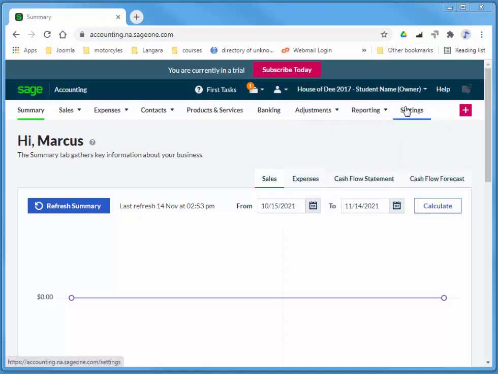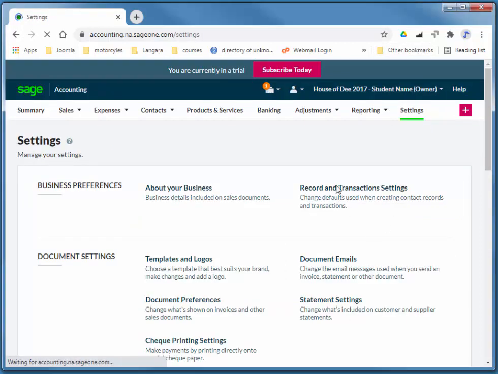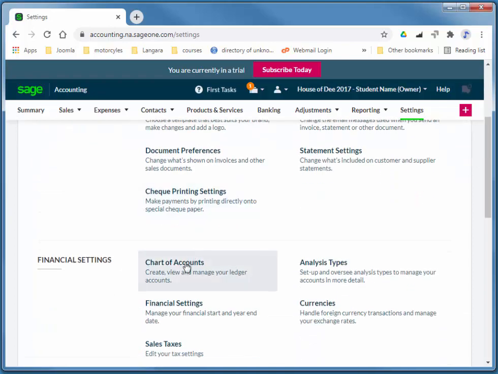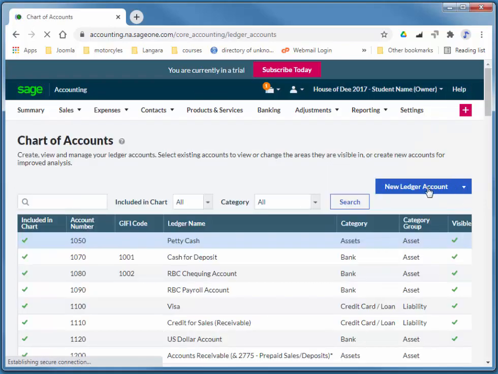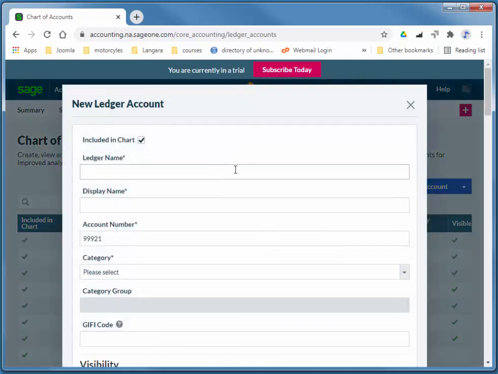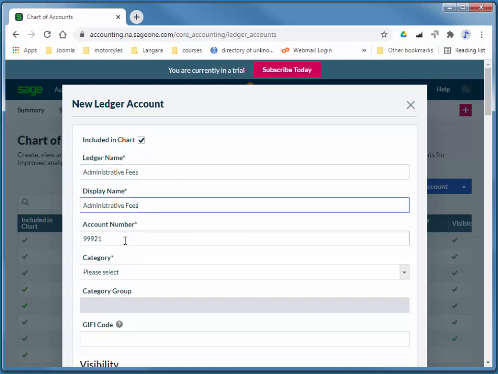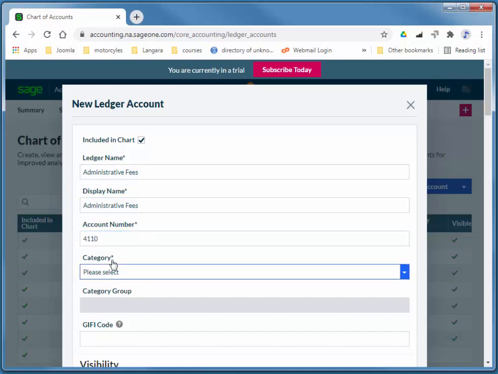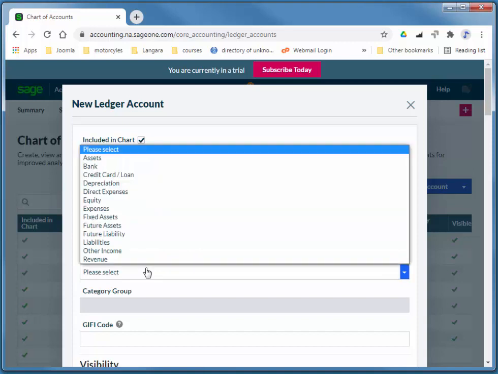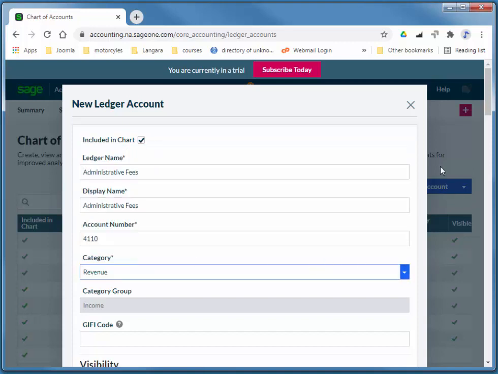So I'm going to choose settings. I'm going to go down to chart of accounts, new ledger account, and I'll call this administrative fees or something like that. Use the same name, and this one I will make 4110. I already checked to make sure that number wasn't taken, and this is revenue. And I'll save this